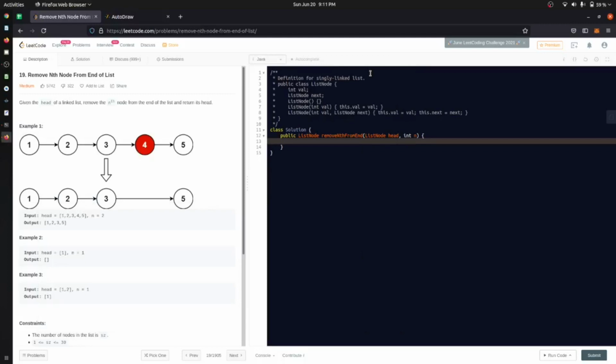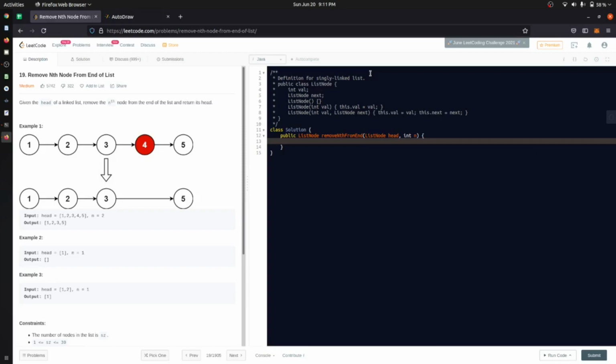And in this video we are going to see a question from LeetCode, that is to remove the nth element from the end of the linked list. Okay, so if you have watched my previous video, you must have the knowledge of linked list, how we can delete an element, how we can reverse a linked list. But this is a question that asks us to remove a node from the nth end of the linked list.